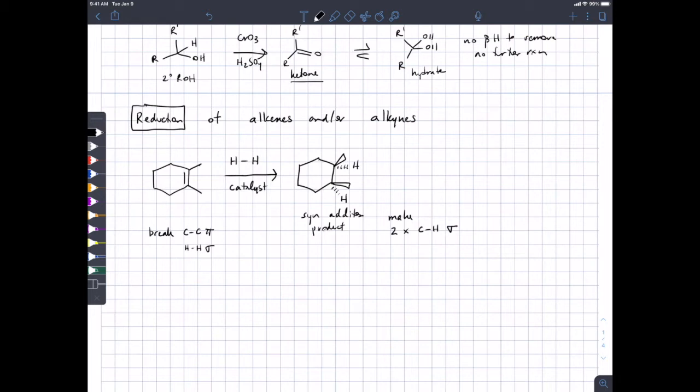But this is not as easy as putting the olefin in a bottle with hydrogen gas and shaking it up and things go. No, you have to